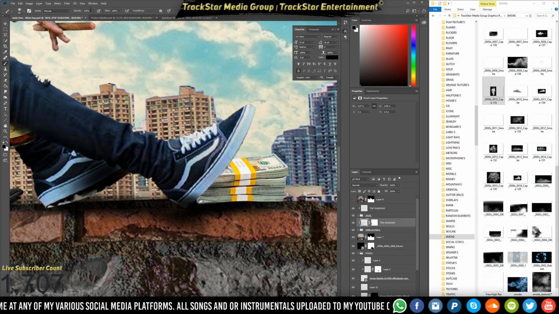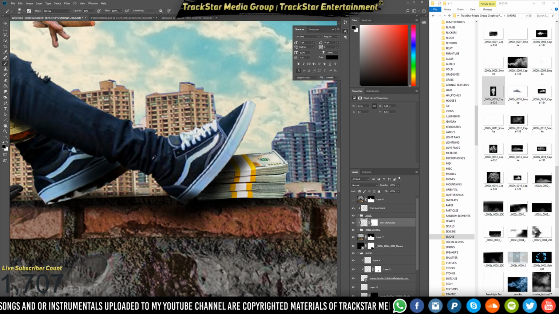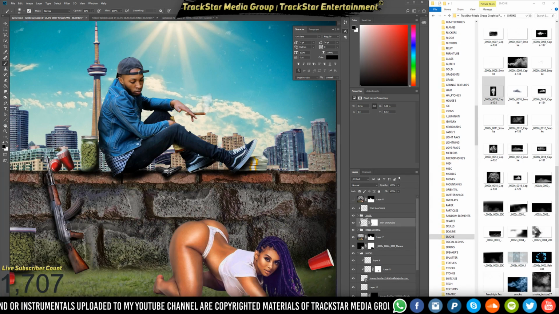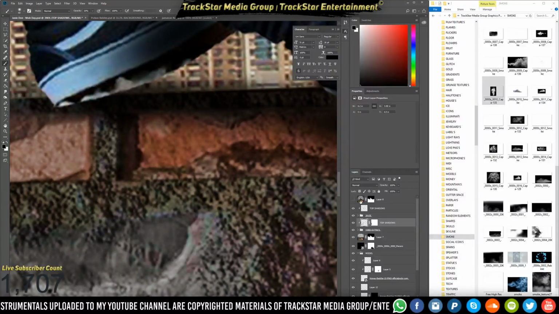So let's drop the opacity on this brush to 10%. I'll add the shadow for the foot first, and then I'll make it trail out because my foot is over the money. You know what I mean? Darkest part being right where my foot is, of course. And we'll have that. Then on the foot itself, what I'm going to do to clean that up is